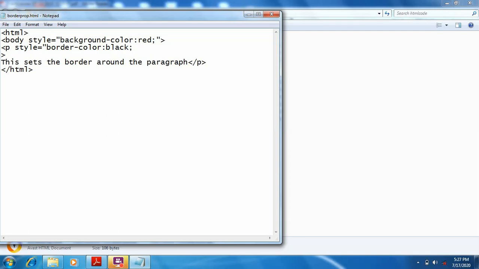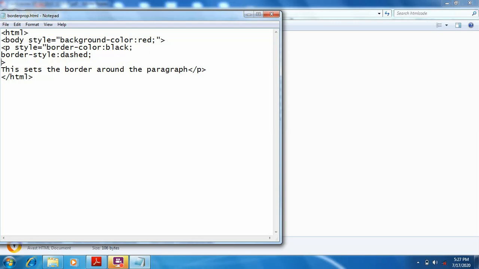Then next is border style. Take any style. For example, I am taking dashed style. Okay, then border radius. Border radius is used to set the rounded corner.